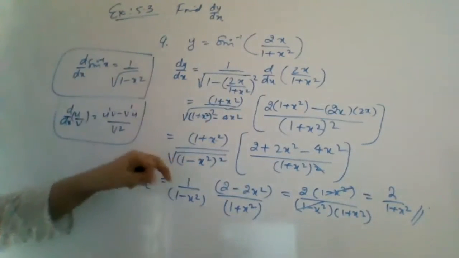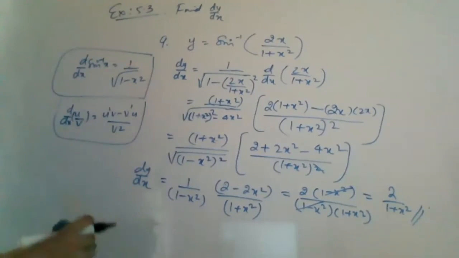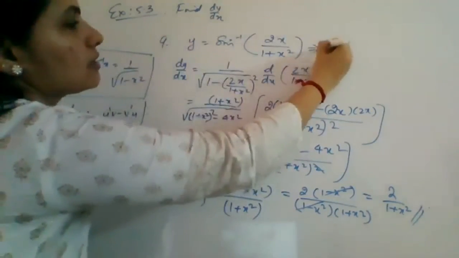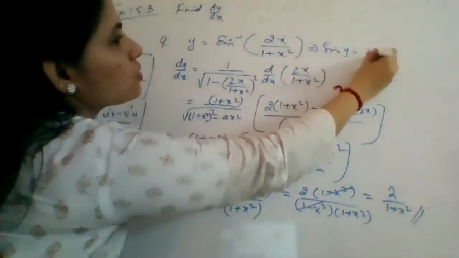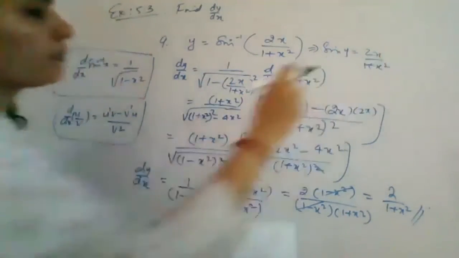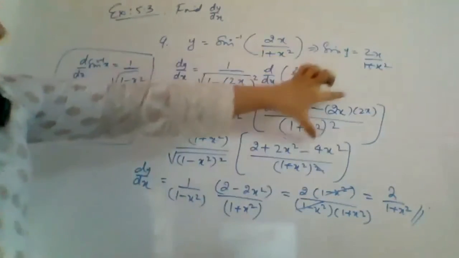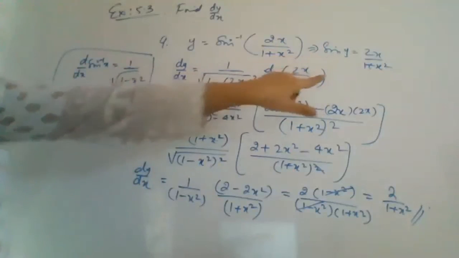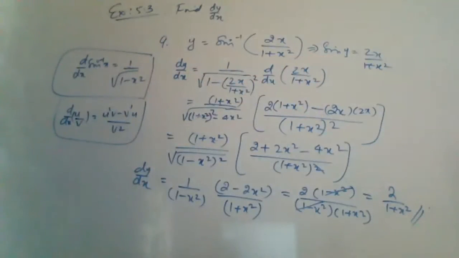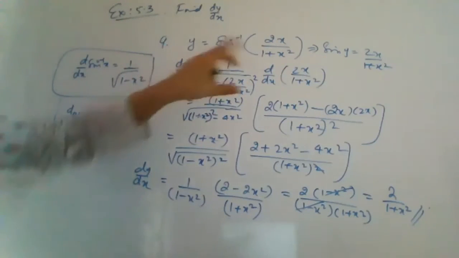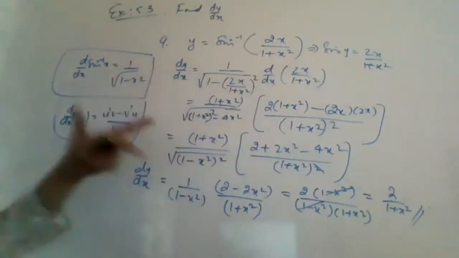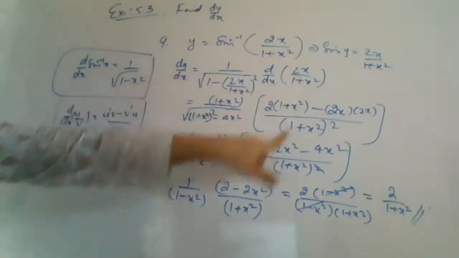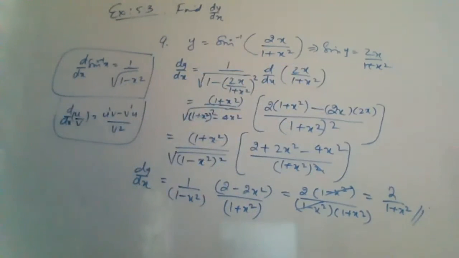If this is difficult for you, you can use the other way, which is make this question as sin y is equal to 2x by 1 plus x square. At that time, you will have this term in the right hand side. And here you will have cos y into y dash. Again, you have to replace because cos y will be the same as, if sin y is this, what will be cos y? You have to change it again. So in that manner, this is easy. Understood? Is this clear?